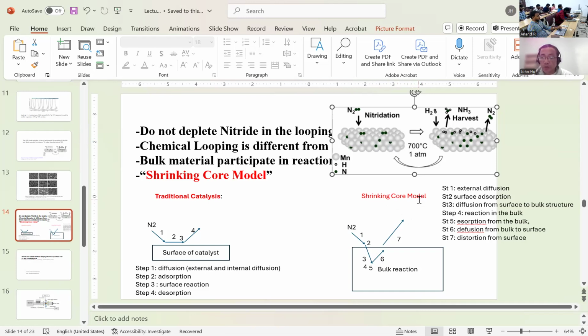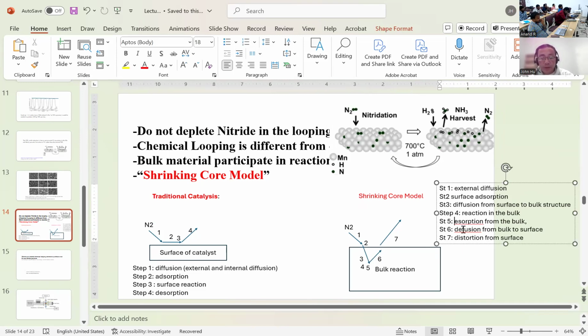The shrinking core model, which is applicable to the chemical looping, step one, also external diffusion, because nitrogen has to come to the surface, and then the surface adsorption. That means the nitrogen has to adsorb on the surface, but that's not finished. And then the nitrogen actually diffuse into the bulk, step three, and the surface reaction means they react with the material and stay in the bulk. Okay, and then the number five, which is the desorption. And desorption means they react with hydrogen and then dissolve on the surface from the bulk to the surface, and then